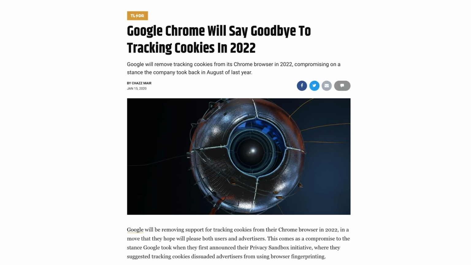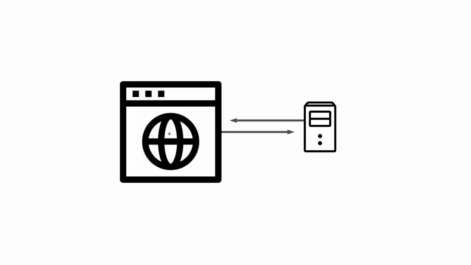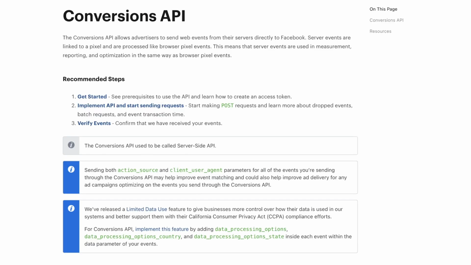Now, cookies will also eventually become obsolete. As of 2022, Google is predicting that there will be no more cookies in Google Chrome. And behind every website, there is a server that hosts the website, all the information on the website, and the user's information. So a lot of big tech, Facebook, Snapchat, Google, YouTube, are moving over to a conversions API on the server side,